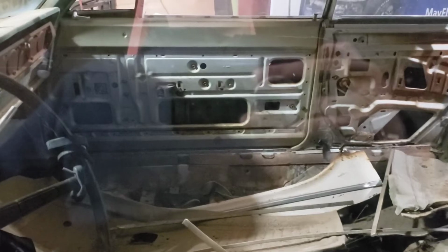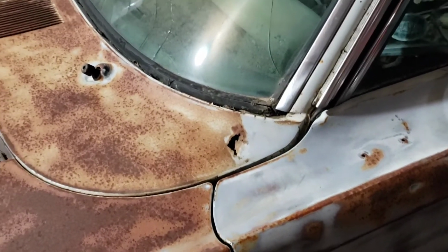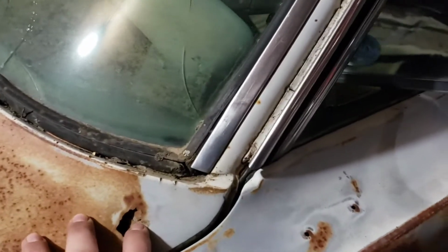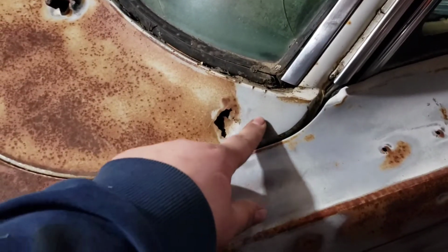And the other thing about this is this car's not going to be OEM. I'm not sure I would consider this a full restoration. This is make it right, make it clean, make it relatively straight, and most importantly, make it fast. But first things first, I've got to get the little bit of metal work that I need to do in order, and speaking of metal work,